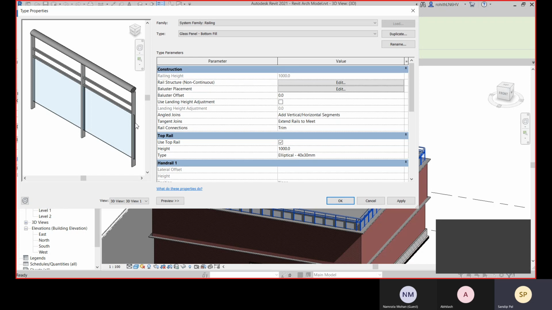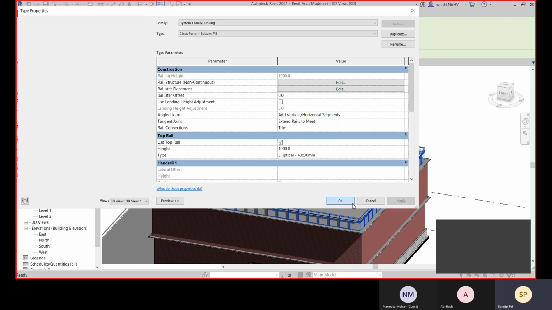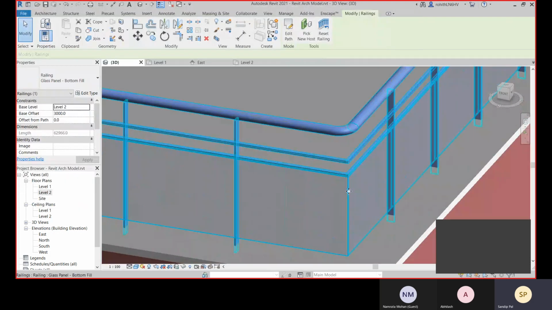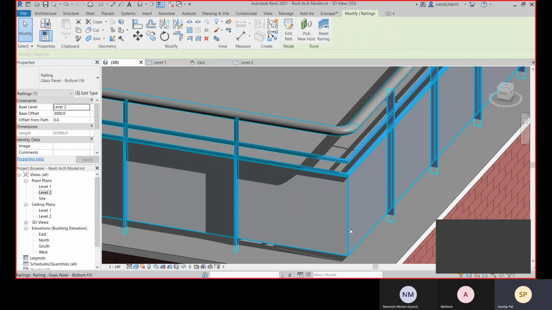It can exceed some segments out of this segment. These balusters may exceed, so there you may find some errors according to your shape and size. You apply it. Okay, and now you can see you are having this connection over there.